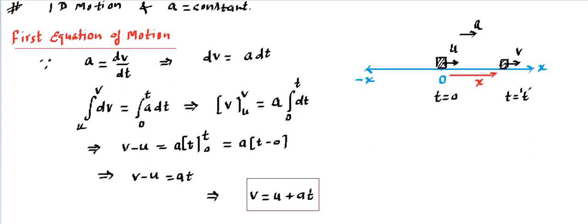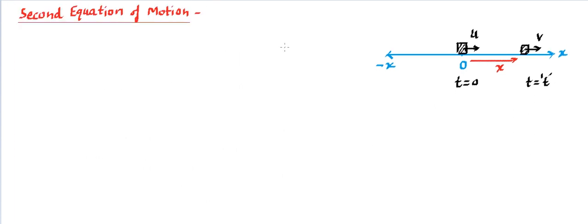Now we can go for the second and next equations. Using the first equation of motion, we have understood what the velocity is going to be if the initial velocity is known to us and t is known to us. So we got to know what the velocity is. Let's consider the same situation. Acceleration is a, which is a constant. And we are trying to make the equation for displacement. That means now we will be trying to find what the x is going to be.